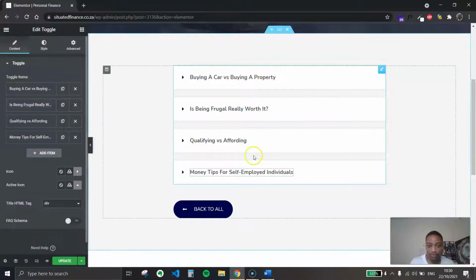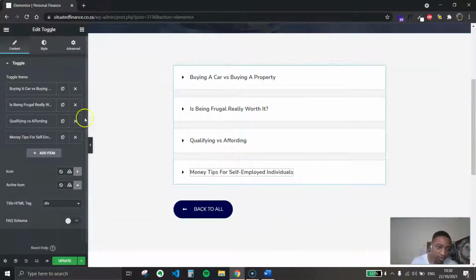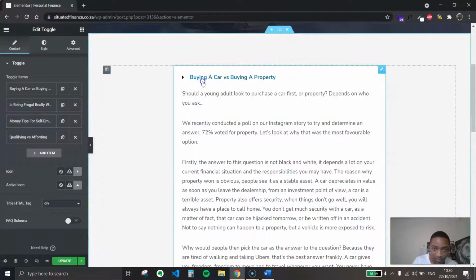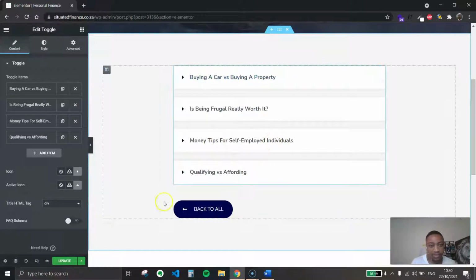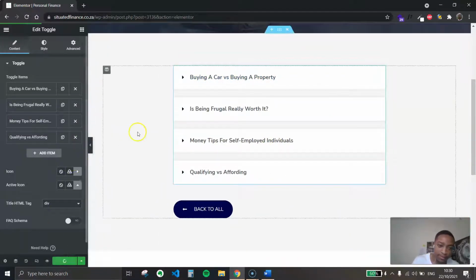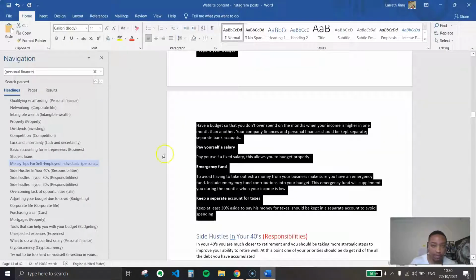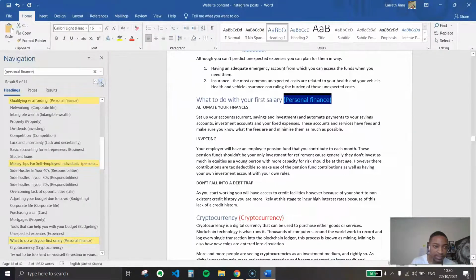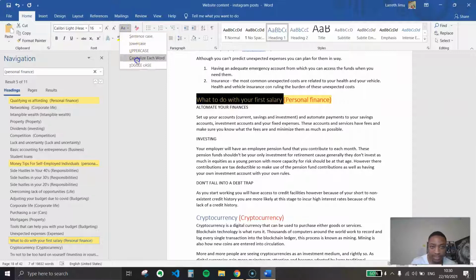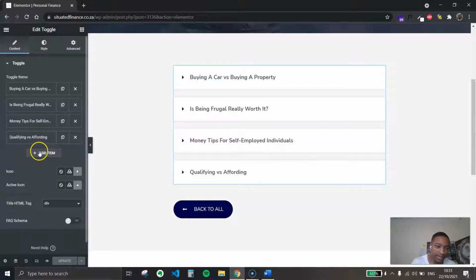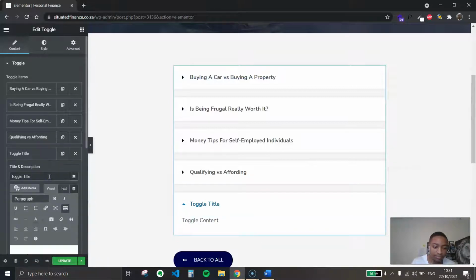Now if you want to make sure that everything is in alphabetical order, you're just going to need to drag your title. So you want to put it here, and you can see that it's now on the third, it's alphabetical order. So let's just add one more under personal finance. Next, we have what to do with your first salary. Again, I'm gonna first say capitalize each word for that little consistency. Then it's add item,